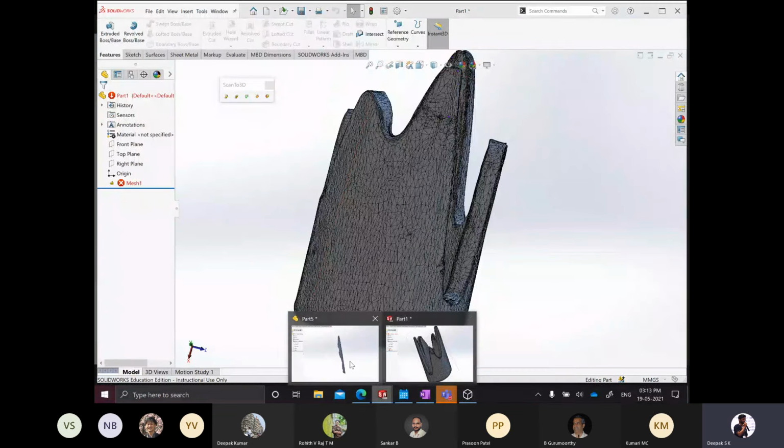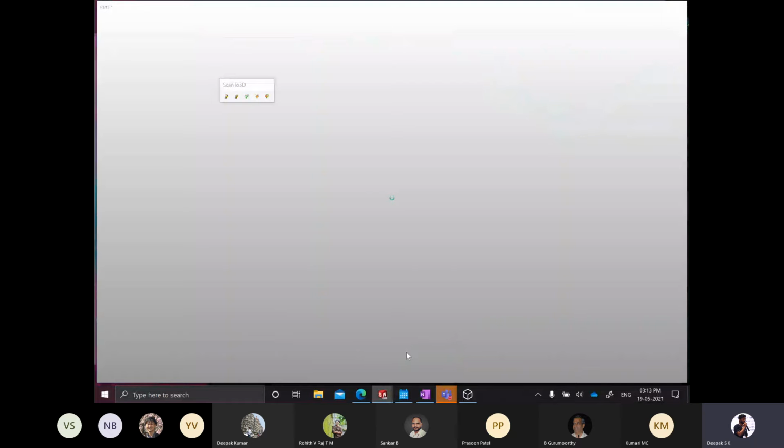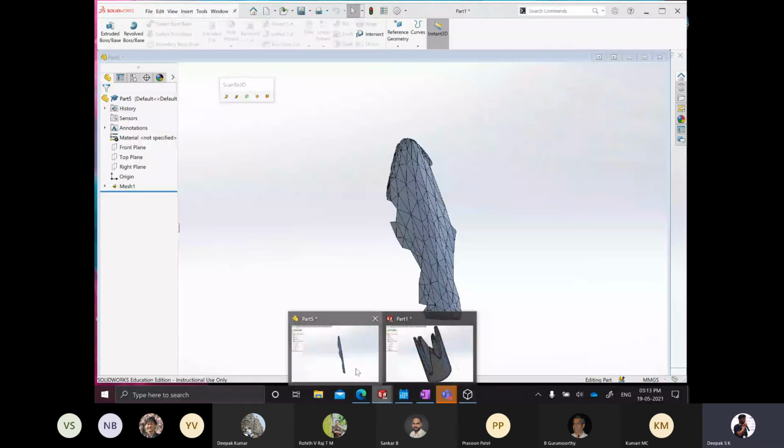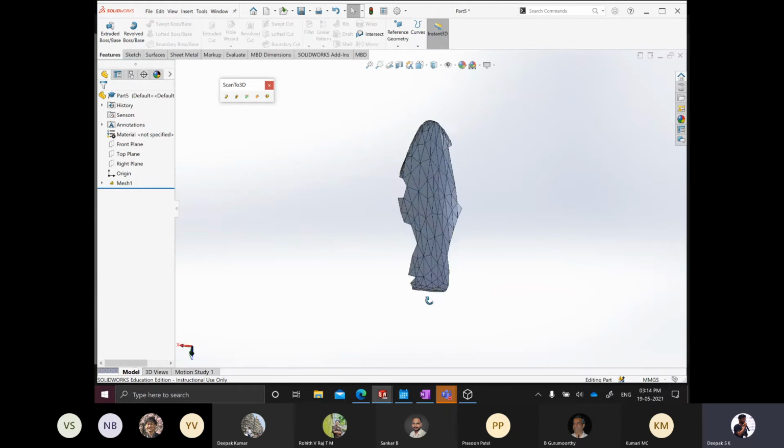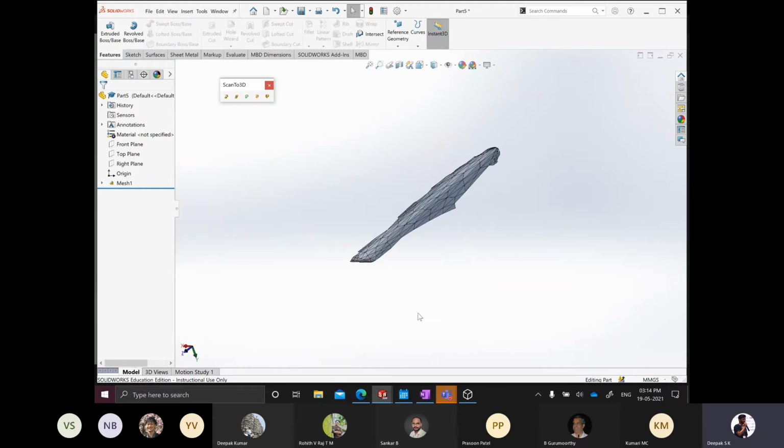So the difference between these two is this one is a solid and this one will come as a surface model. This surface model is extensively used in automotive engineering. So the exterior body, the body panels, they are all made of this kind of surfaces, right? So when you're going for this kind of surfaces, you will use this surface modeling.